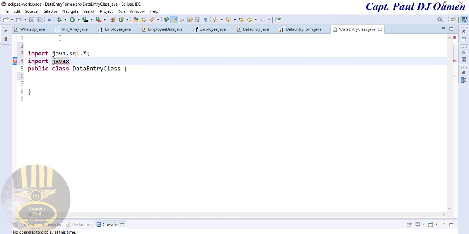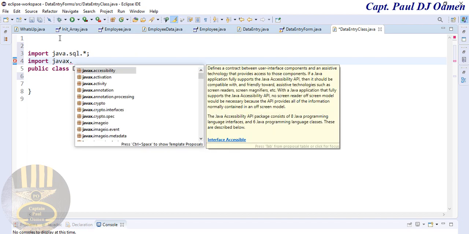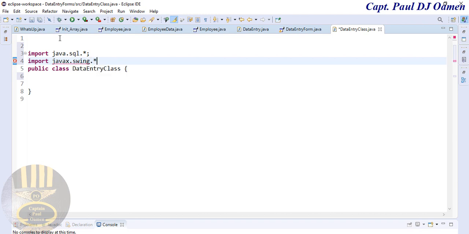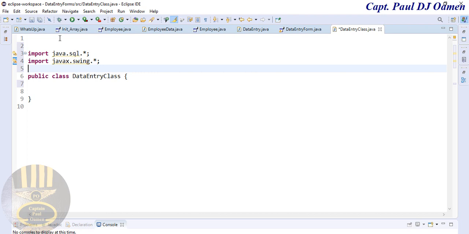Java or javax.swing, import everything about Java Swing. There, that is taken care of. Now underneath here, I'm going to create a public class. So you just call that public class public